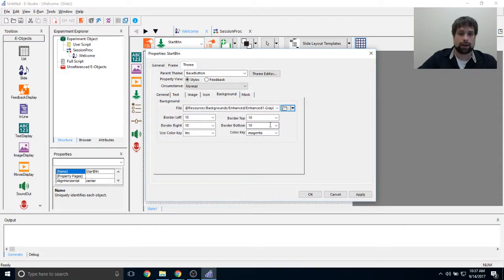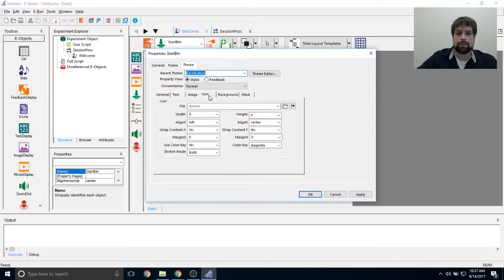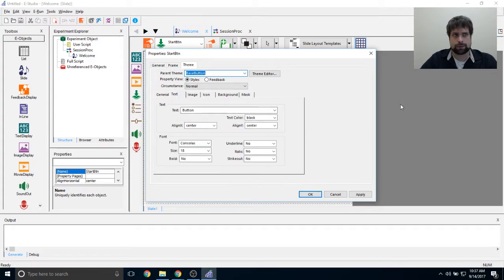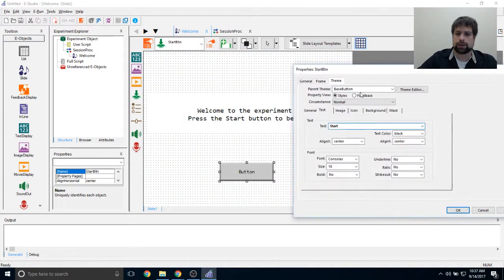So if you ever want a good idea of the options that we have for buttons, I want to change the background to magenta for some reason, then that's definitely possible. So you can change the image, you can change what the icon looks like, and you can also change the text. That's what I'm most interested in today. Right now it just says button, it's not descriptive, and I want it to be an actual start button. So I'm going to change the text to start,